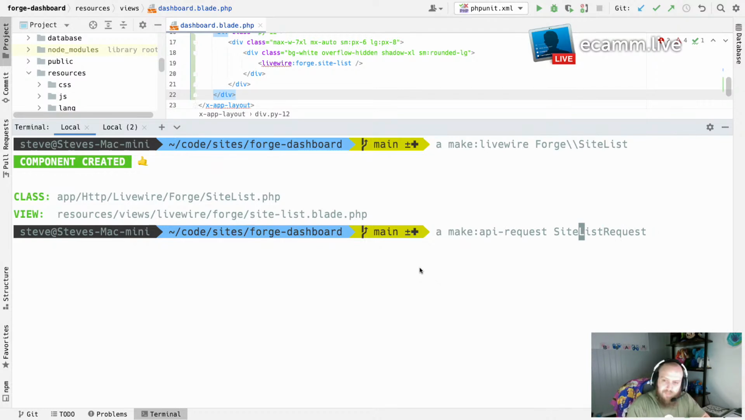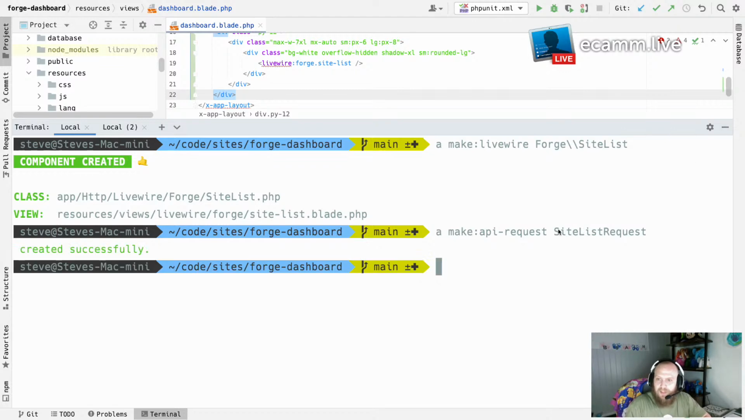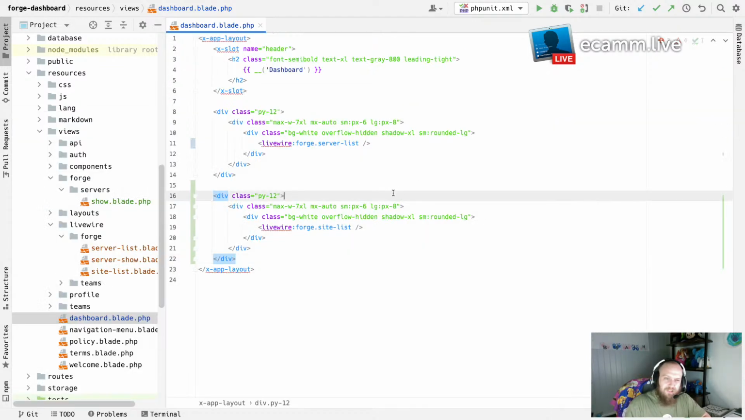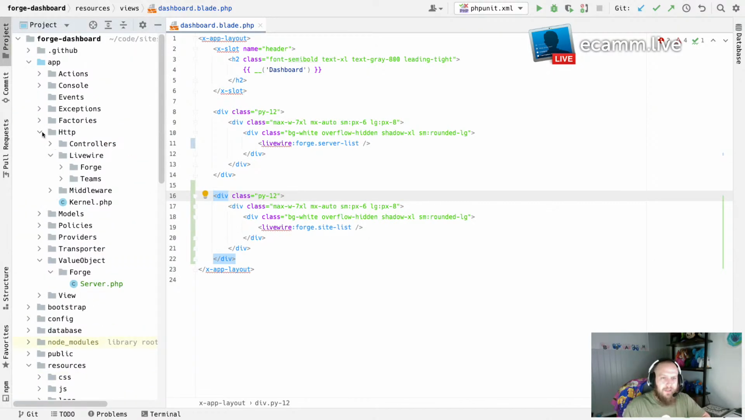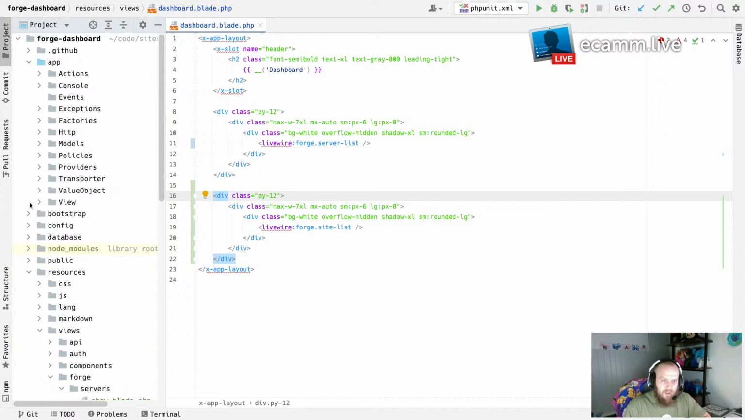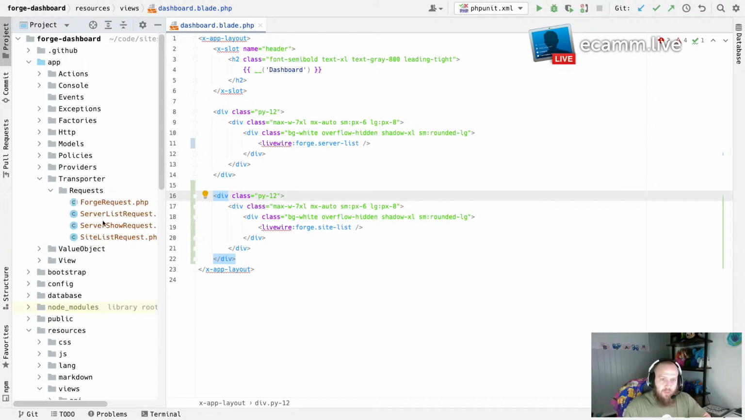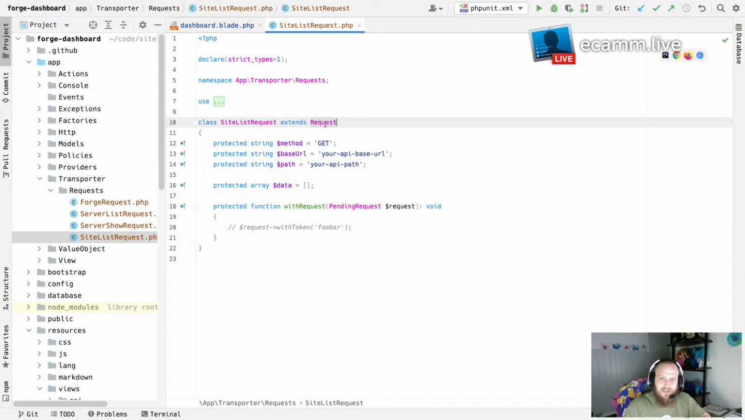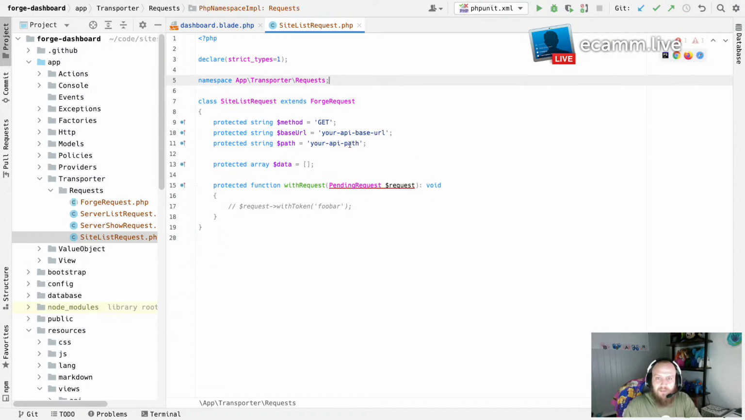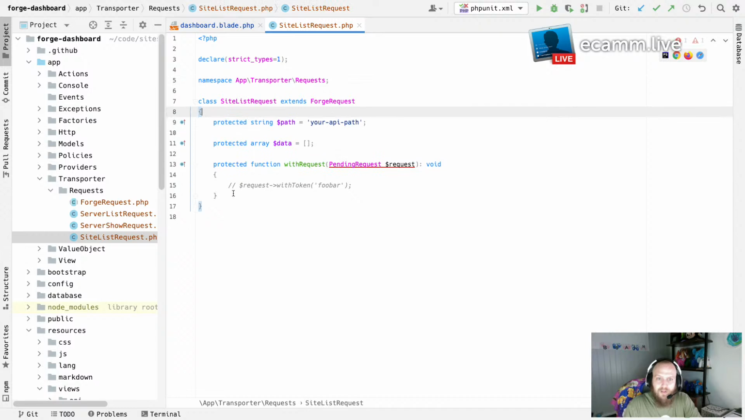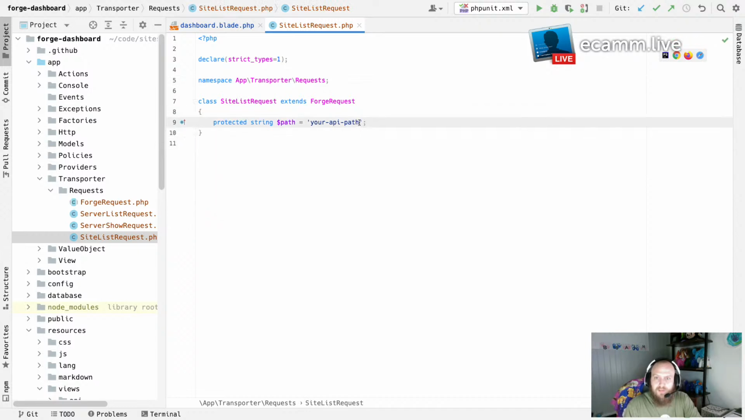So typically all of these would be in Forge typically, but because I'm not integrating with any other APIs, I'm just sticking with this. So transporter requests, site list again. This is going to extend the Forge request, so we don't actually need anything other than this, which we can just put sites. So that in our